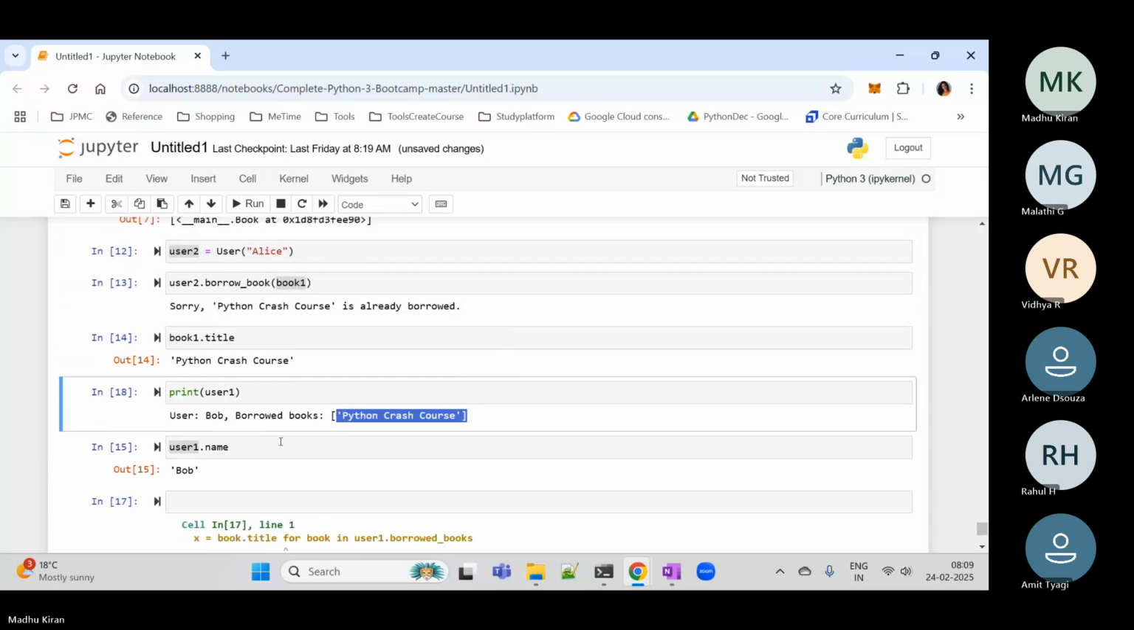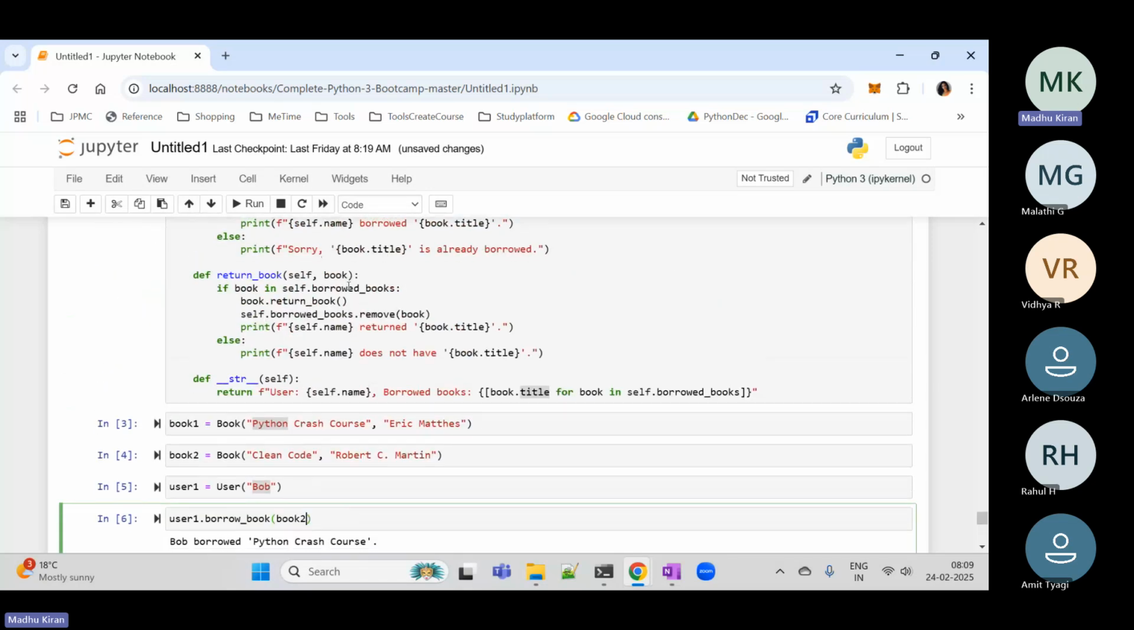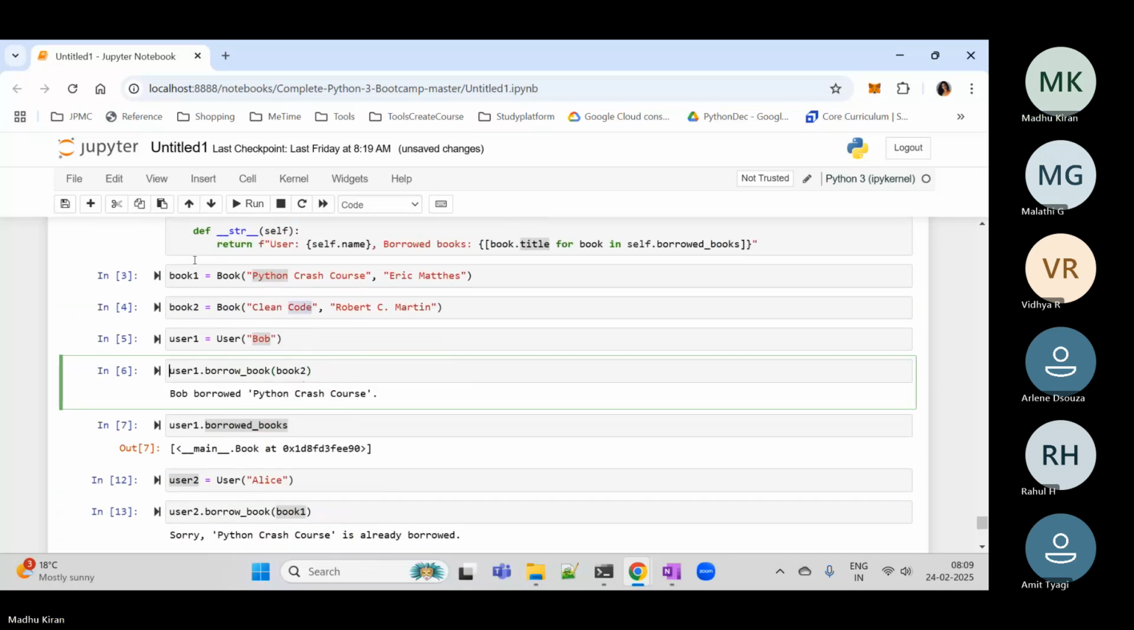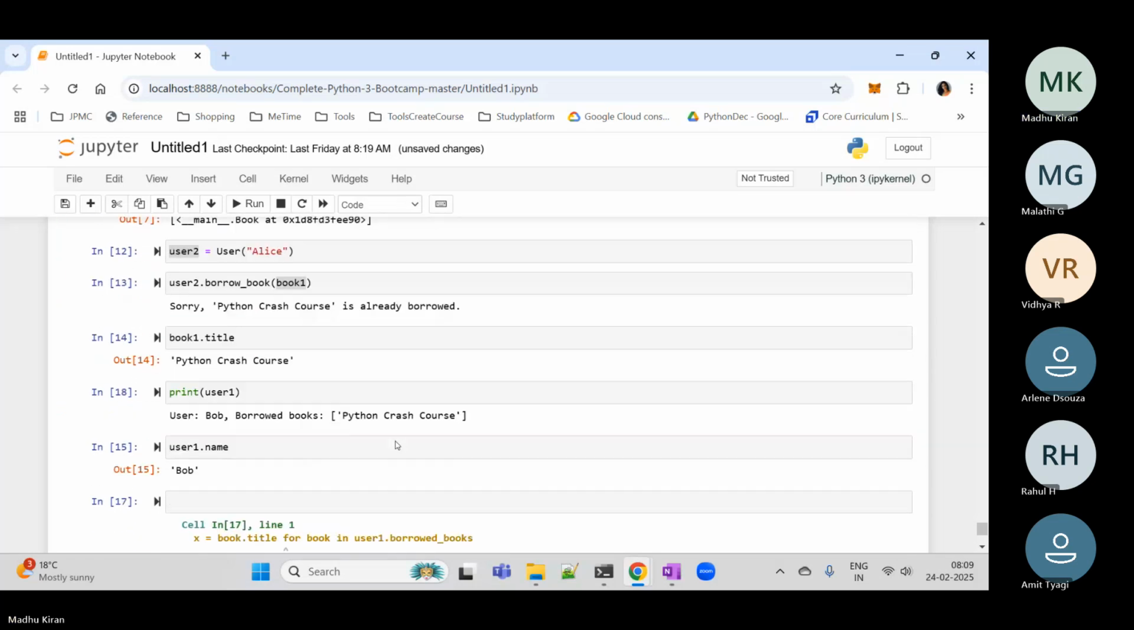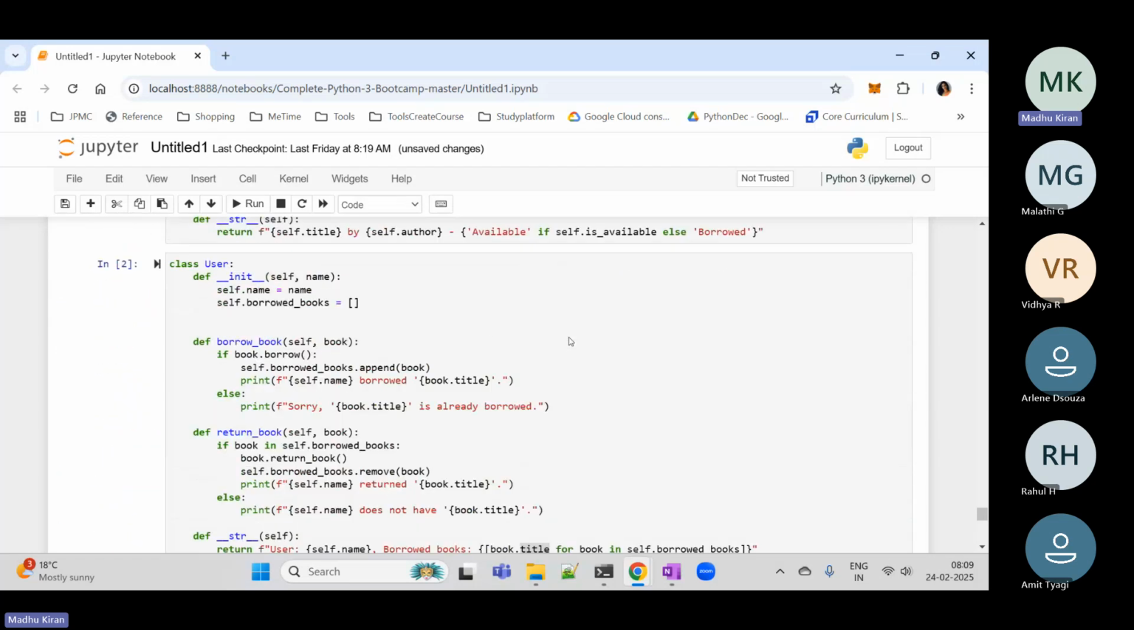So what I'll do, I'll make this user1 borrow another book. I'll make him borrow book2 as well. Book2 is nothing but Clean Code. Let me run this. So Bob borrowed Clean Code. And now let me print user1. So it is telling user Bob borrowed Python Crash Course and Clean Code, because whenever he borrowed a book, that particular book